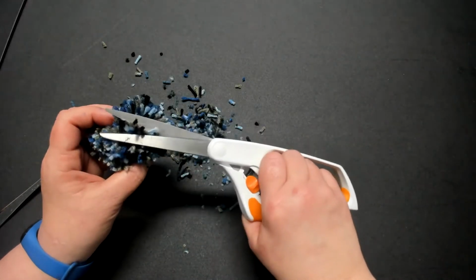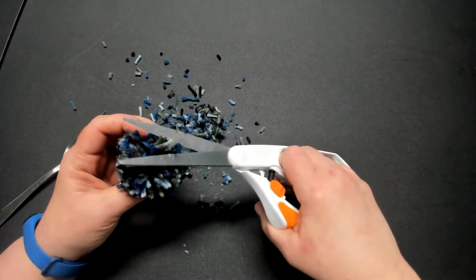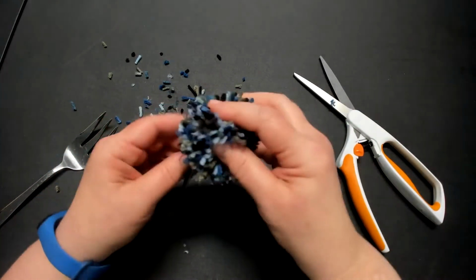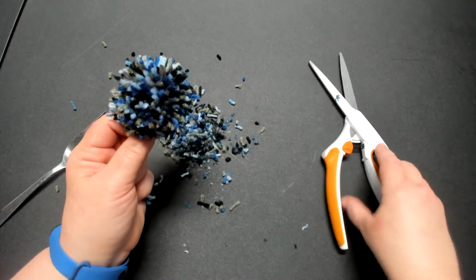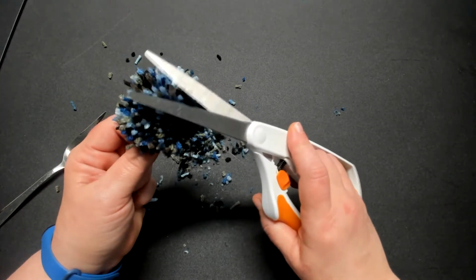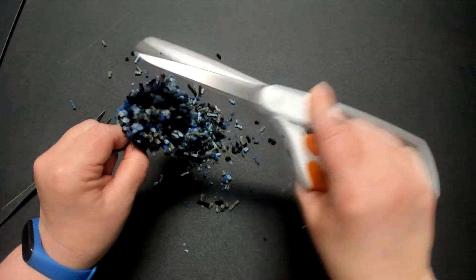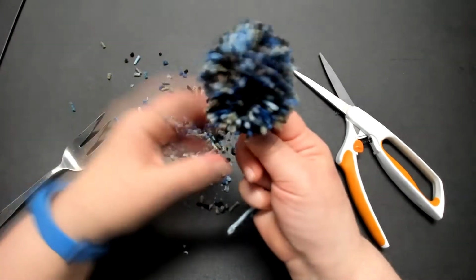I'm just about finished trimming. Let's just go ahead and take a look at that. Now I see a couple little places left that need a little bit of trimming. Like right there. And there is your